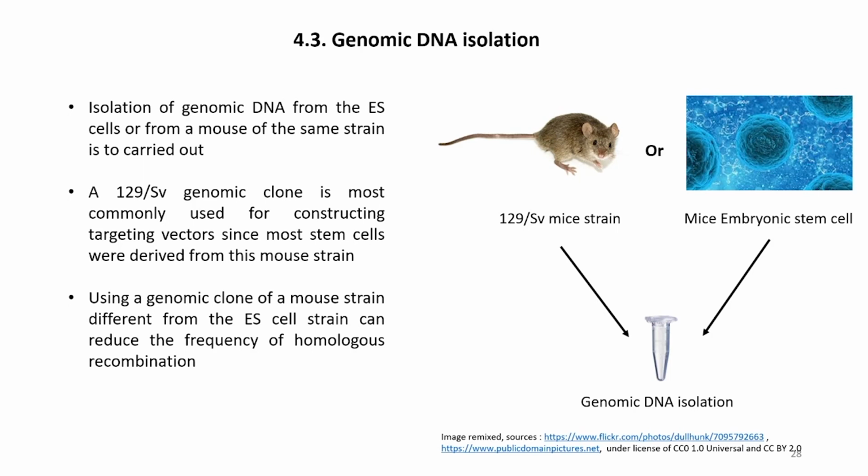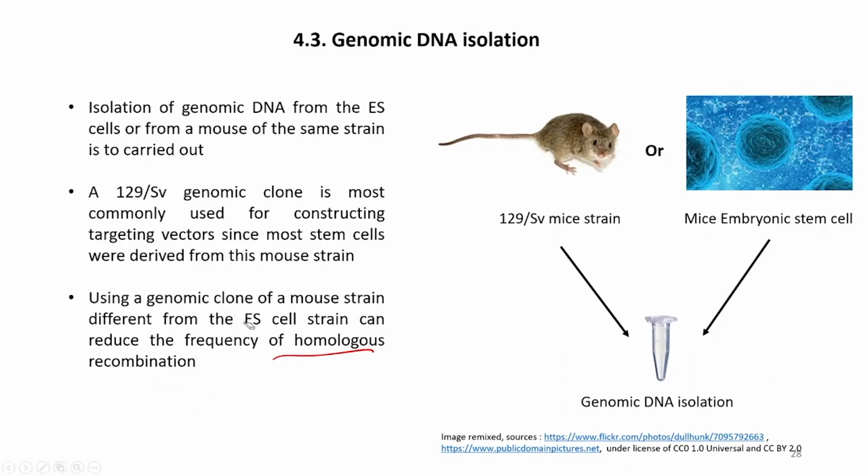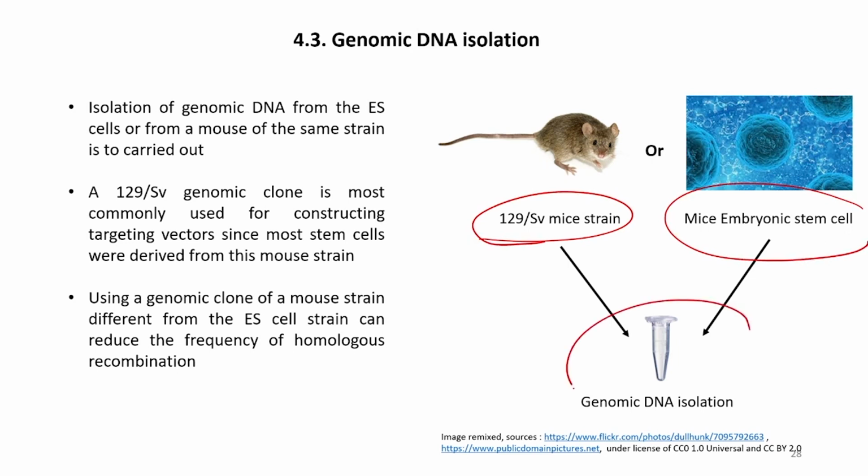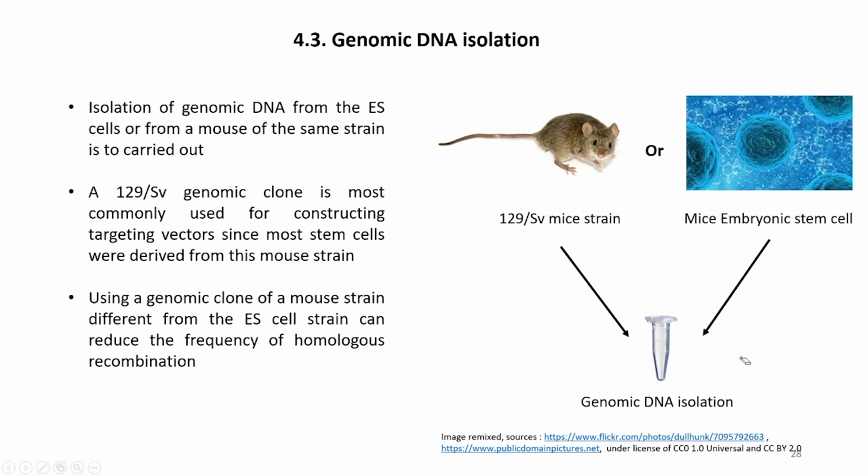So, you need a model organism, not only the model organism, you need a standard strain to have higher frequency of homologous recombination for successful gene knockout reaction. So, either you use this strain or you use the embryonic stem cell for obtaining the genomic DNA by standard